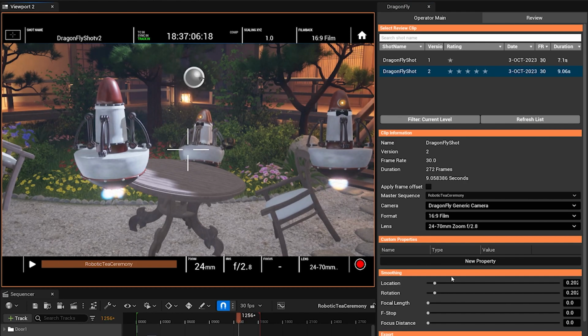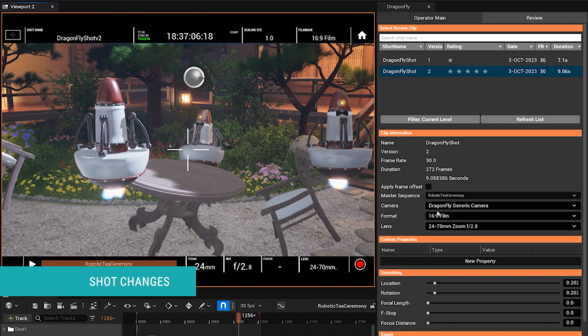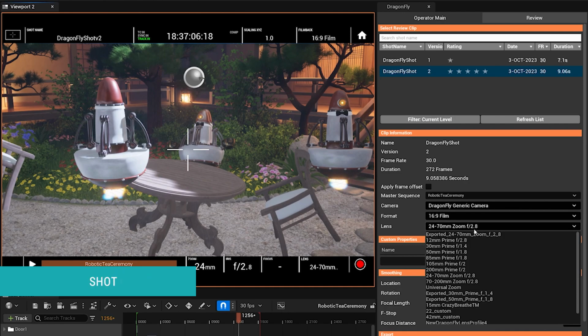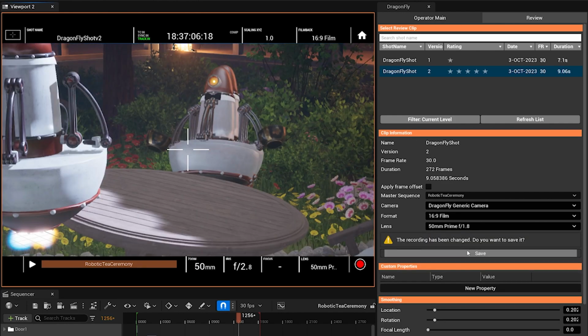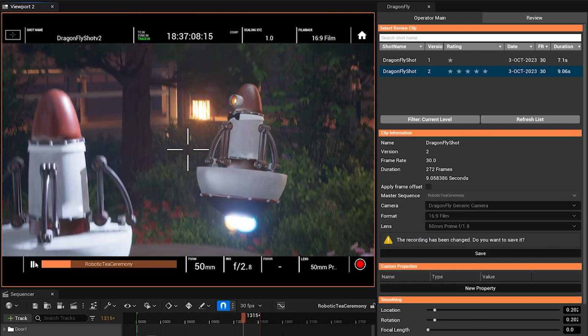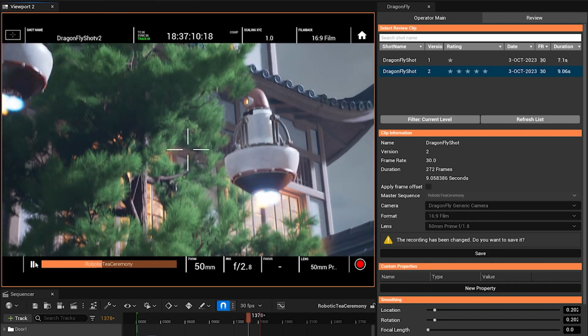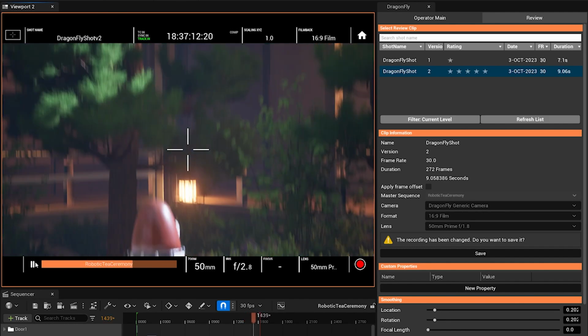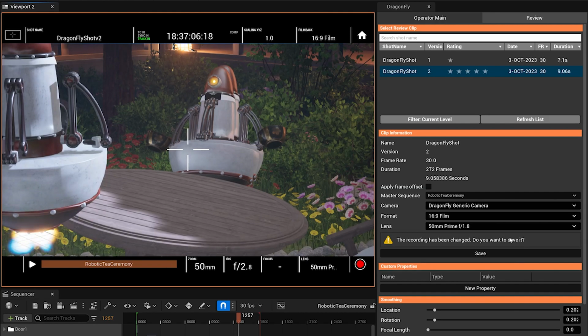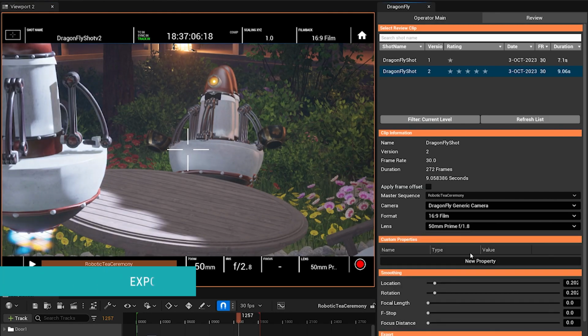Cool. You can also play around with these settings if you want. For example, if you look at this shot and you feel after the fact that you should have used, let's say, a narrower lens, you can change this after the fact. You can take a look at your shot with those changed camera parameters and then hit save if you like this better. At some point, you'll probably want to take this shot out of Dragonfly.